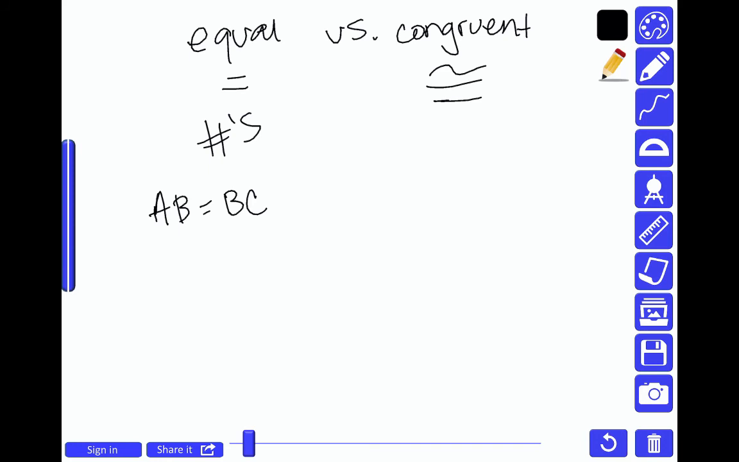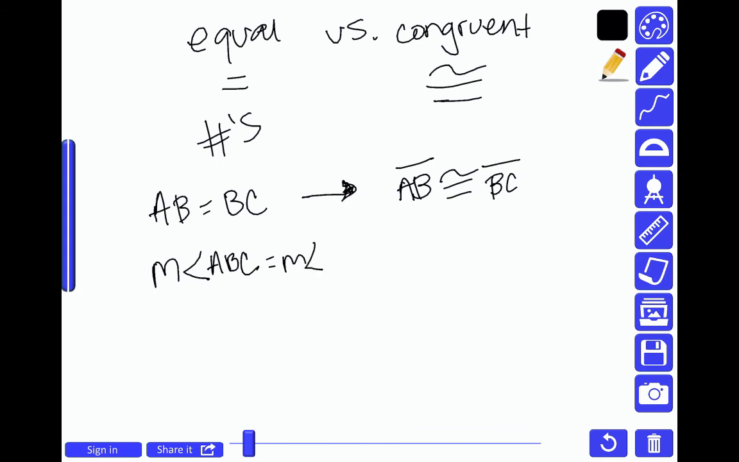Whereas congruent, we are going to use for different parts of geometry, speaking of the figures. So for example, I could say that segment AB, denoted like this, is congruent to segment BC. So if they have the same length, then they are congruent. But you need to know the difference, especially in the notation. I'll just give you another example that you'll encounter very soon. If I talk about an angle, I could say that the measure of angle ABC is equal to the measure of angle